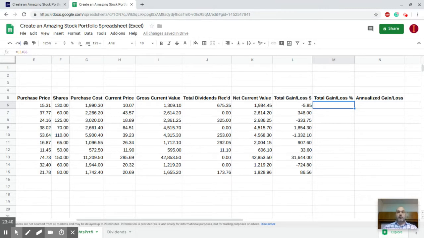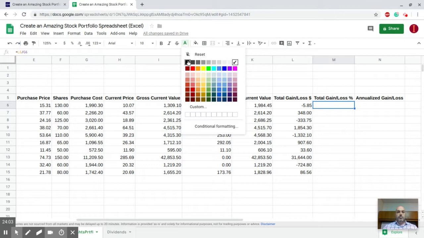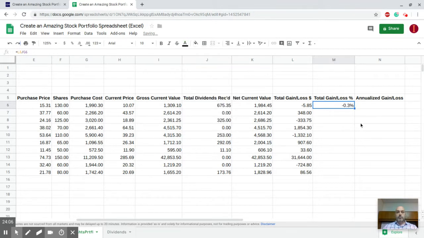It's just a matter of taking total gain and loss and dividing it by the purchase cost. In cell M6, you can enter equals L6 divided by G6: total gain and loss dollars divided by purchase cost. And there it'll translate into a